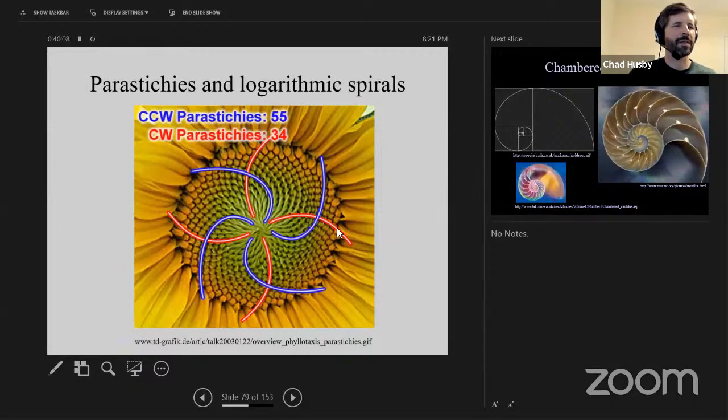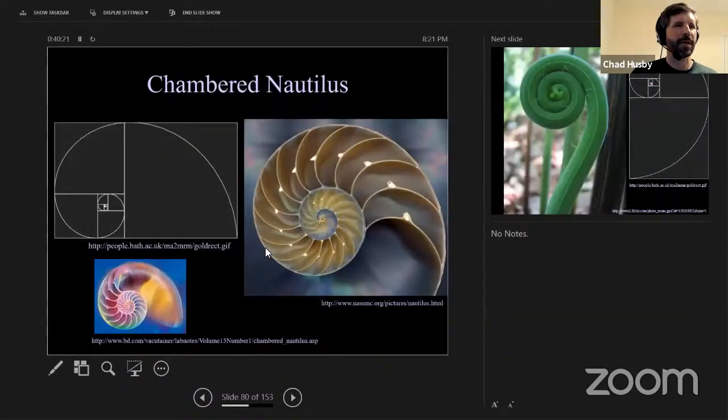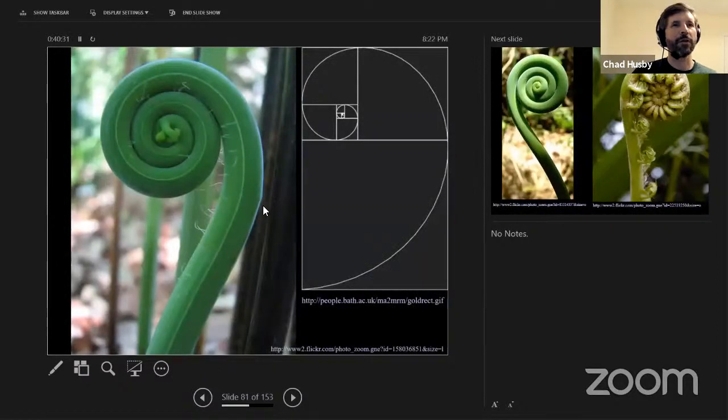And it turns out that these parastichies, these spirals that we were seeing all over in the plant kingdom, are actually also logarithmic spirals or equiangular spirals. And so they are pretty widespread, though they're sometimes harder to see. And of course, in plants and in animals, the chambered nautilus is the most dramatic example in the animal kingdom. And we see them on fern fronds that are unfurling. You can see how dramatically similar they can be, and you see how the rachis, the stalk of the fern leaf, gets thinner and thinner as you get toward the tip, and then thicker outside, so you can have this shape preserved as growth continues,